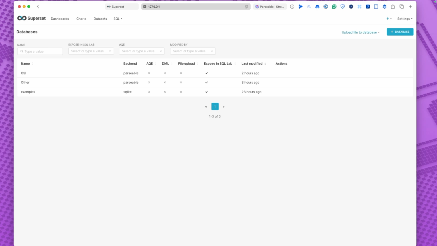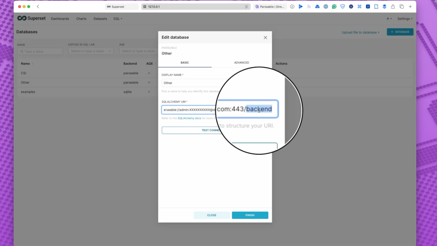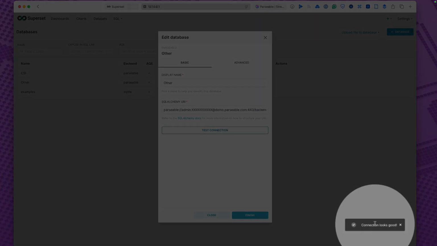As the Parsable API returns individual log streams, you have to add each one you want to access as a different database connection, all using the same method for the most part, with a slight difference on a later log stream that I will return to. And just to show you, here are some of the data set connections I created already. Basically, they take this SQL Alchemy URL, setting Parsable as the protocol, access details, the URL, and then the log stream you want to connect to.